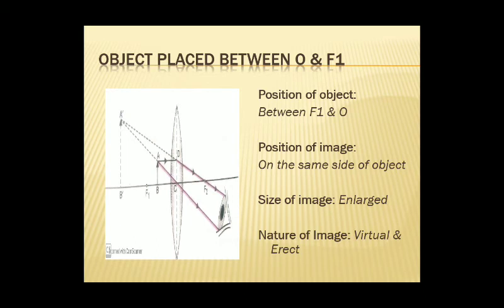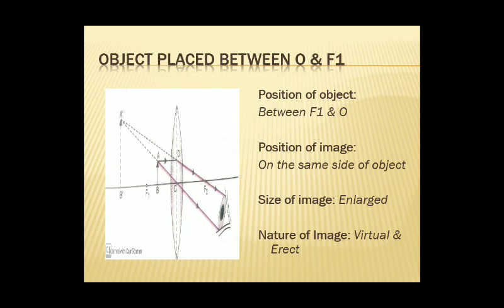So for the observer on the right hand side, it appears that if we produce these lines DF2 and AC, अगर हम इसको पीछे produce करते हैं dotted, the refracted rays are coming from some point A dash, right? So this is not the actual intersection. The image formed by these two dotted lines is virtual and erect, and you are able to see that the image is enlarged in comparison to the object.